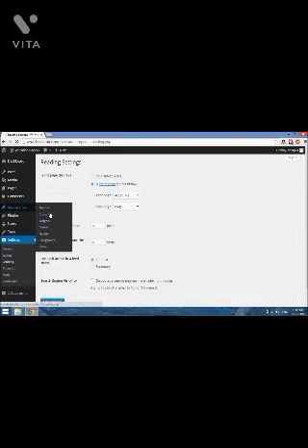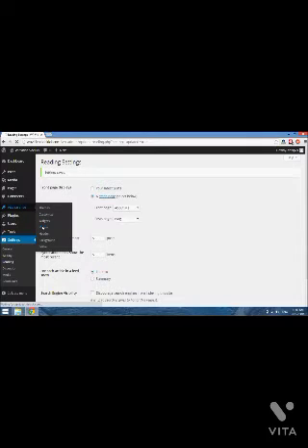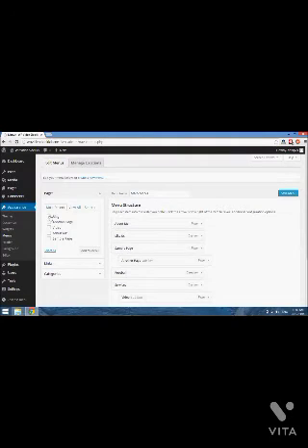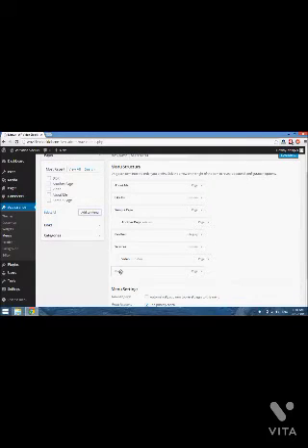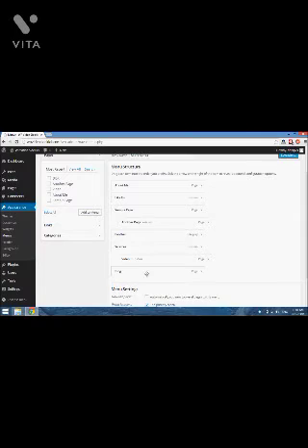And there's just one more thing we'd have to do under appearance. We have to go to menus, because of course we are using a custom menu for our site. So for that page that says blog to show up, we'd have to add it to our menu. So just click add to menu, and we can of course drag this page to wherever we want it in the order, and I'm just going to leave it at the end for now. And if we save the menu